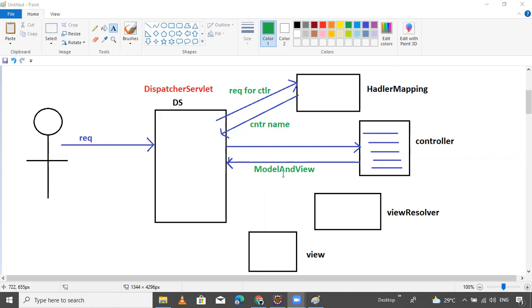And what does the model and view object contain? It contains the view object, like the view name, the logical name of the view part, and the model as a map object.